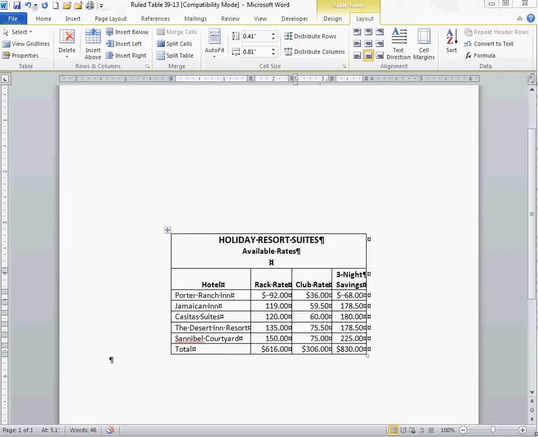This video is going to show you how to take a box table and convert it to a rule table with a total line. In this example, you can see that you have your title in all capital letters, in bold, in the center, in 14 point. Under that, you have a subtitle in 12 point, bold, centered, upper and lowercase letters, and then you have your